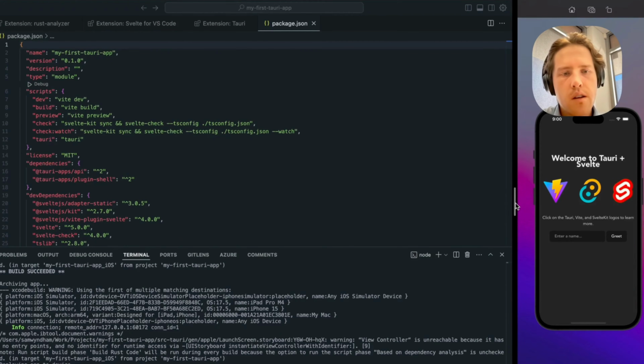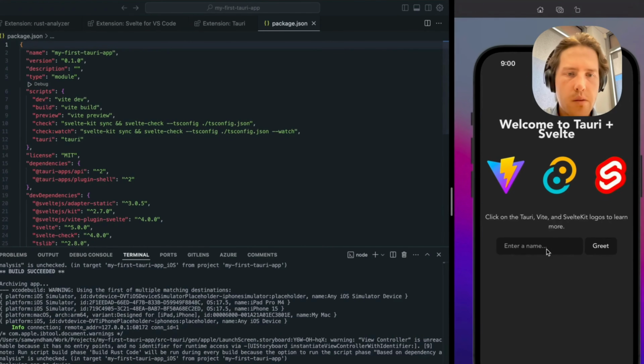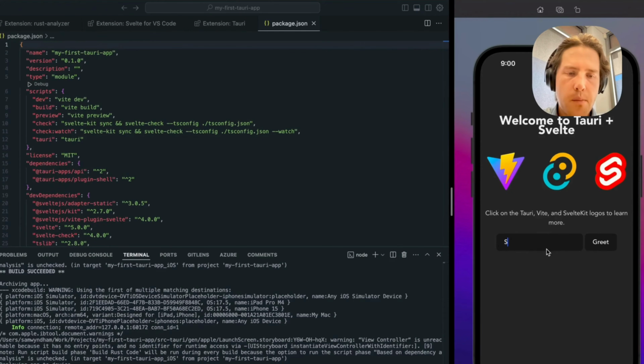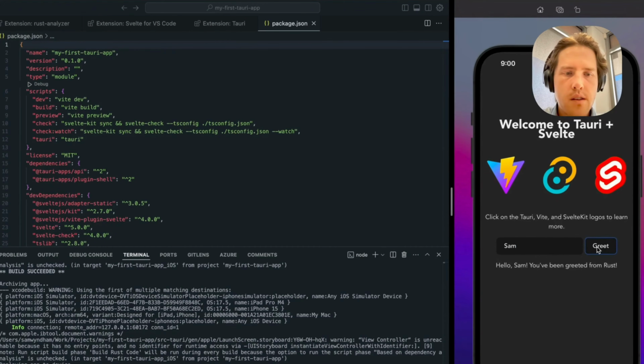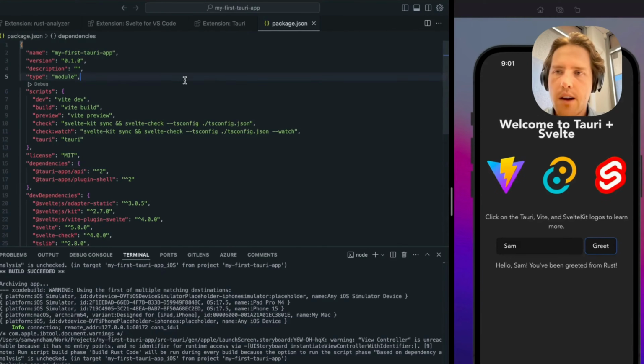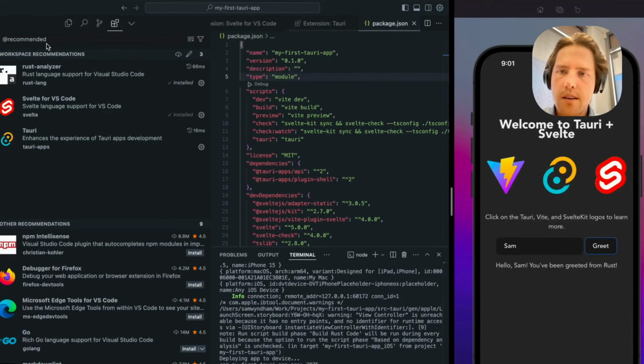So now we can open this up. Let's enter in a name. Hello, Sam, you've been greeted from Rust. Cool. All right, well, let's jump in and start having a muck around and see what we can break or